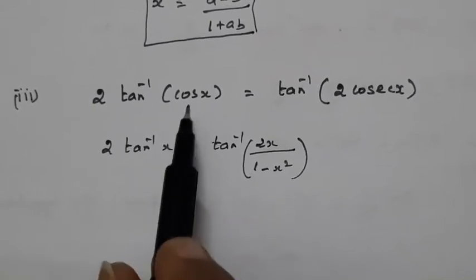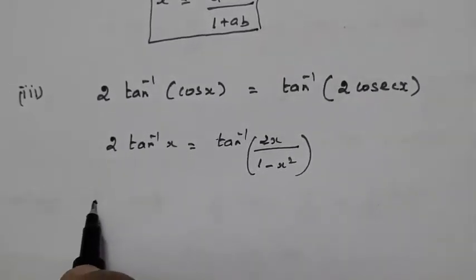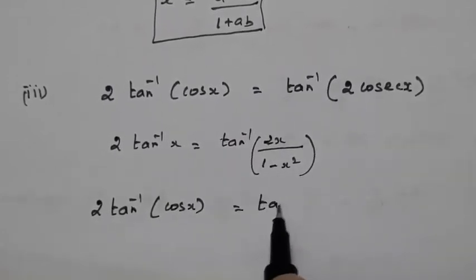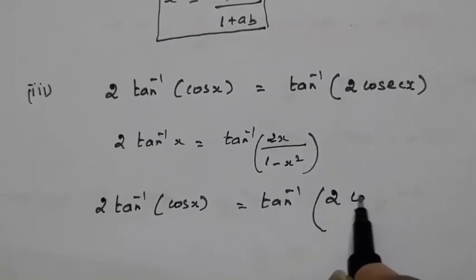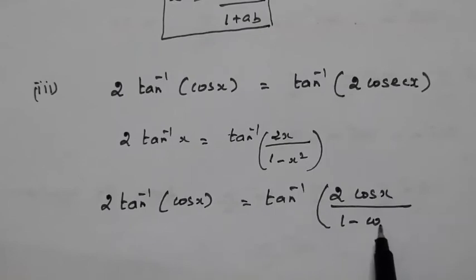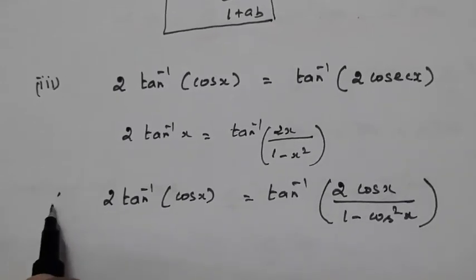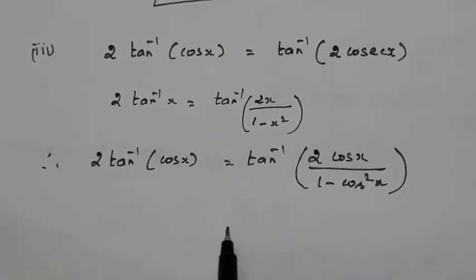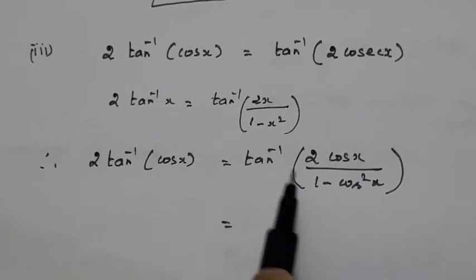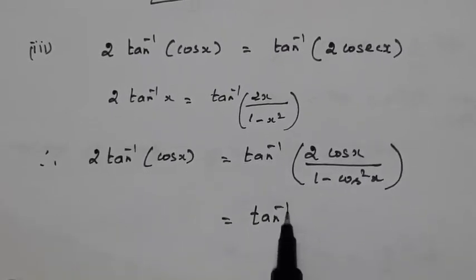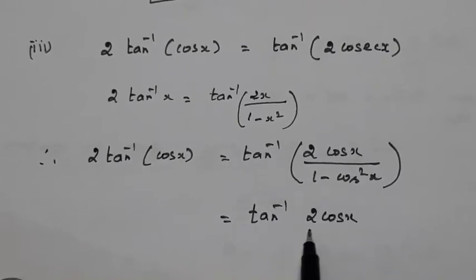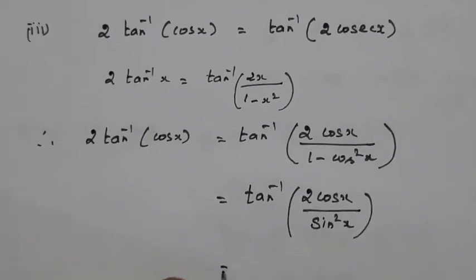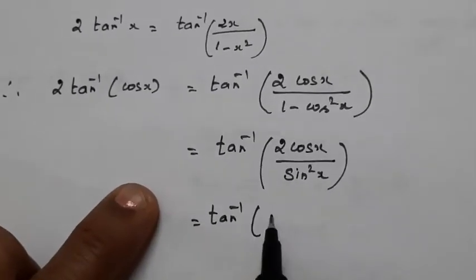Now if we replace x by cos x, what happens? For 2 tan inverse of cos x, the right hand side would be tan inverse of 2 cos x divided by (1 minus cos squared x). Just replacing x by cos x and applying the formula, we get the value for 2 tan inverse of cos x. Let us simplify this. That is tan inverse of 2 cos x divided by (1 minus cos squared x), which is sin squared x. So that is equal to tan inverse of 2,